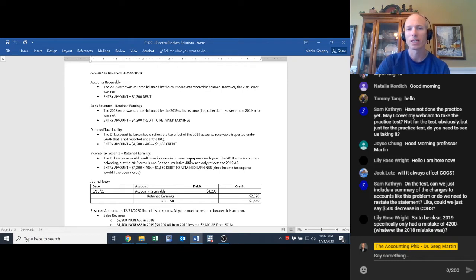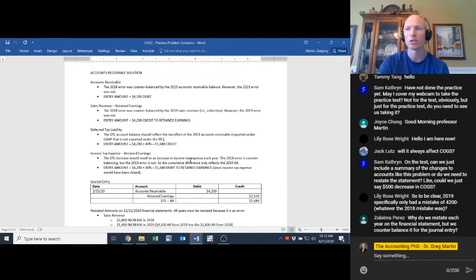However, with the 2019 error, that has yet to be corrected. Again, assuming that none of that has been collected up to date, then we do need to make a correction there. So Lily asked, so to be clear, 2019 specifically only had a mistake of 4,200. Yes, so the 4,200 mistake in 2019